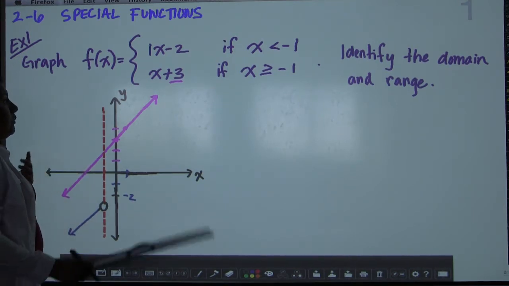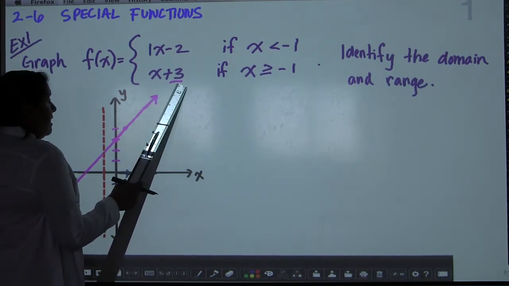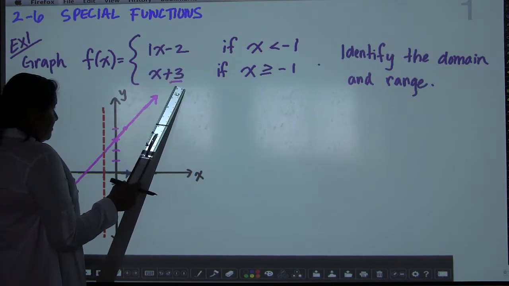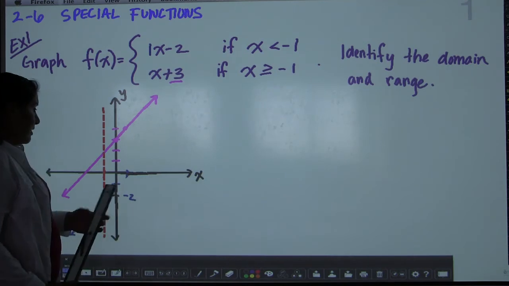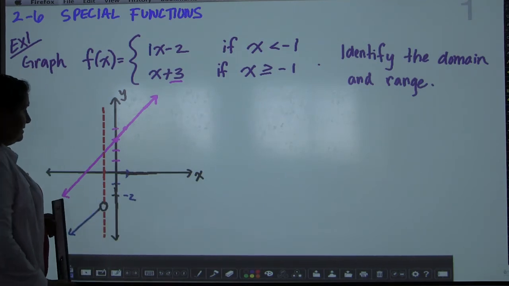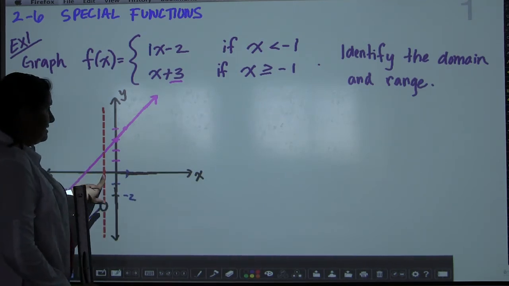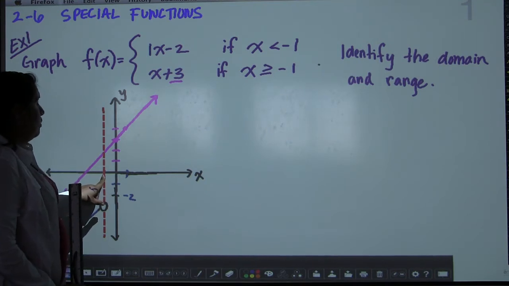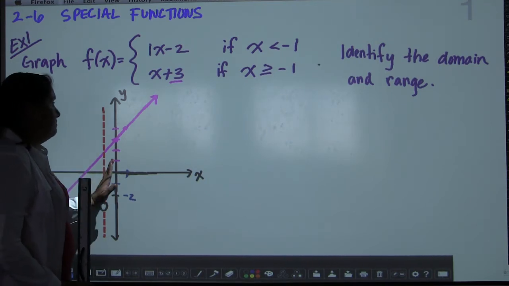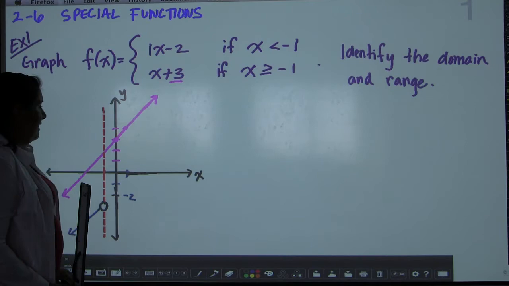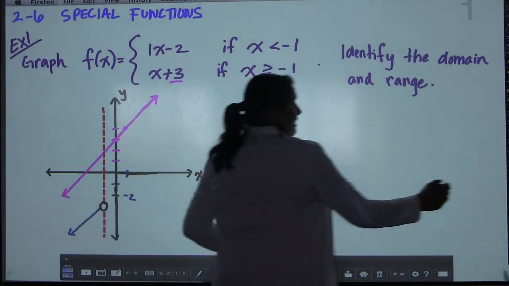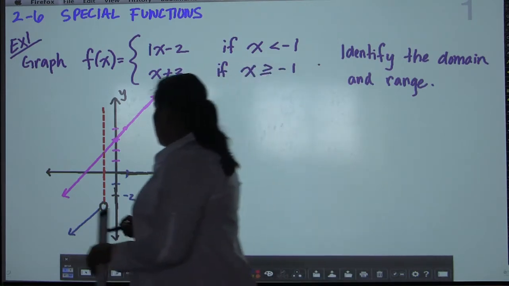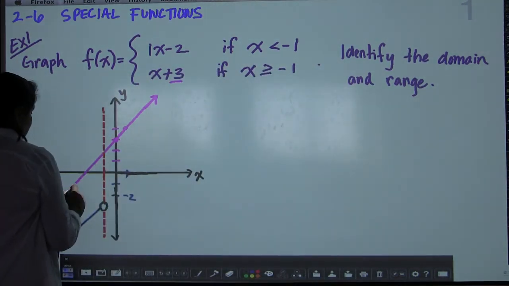But lo and behold, we also have a condition for x plus 3. It tells us to only graph this function when x is larger than or equal to -1. Okay, so that's telling us, here's again that x = -1 right here. It wants us to keep the part that is greater than or equal to -1. So we want to keep the right-hand side, but this time we're going to erase the left-hand side. So we're going to erase this piece